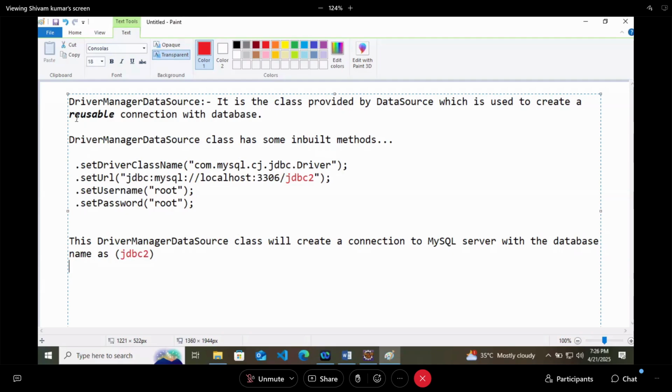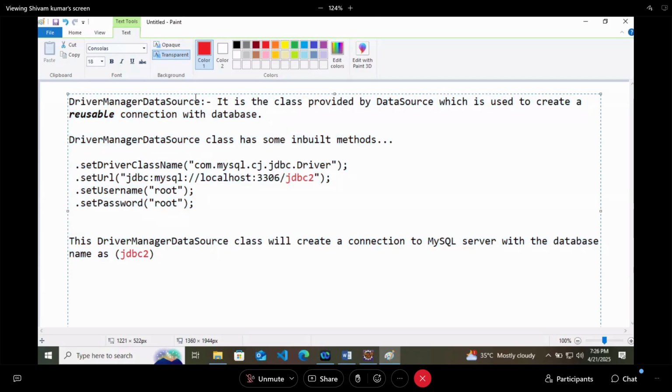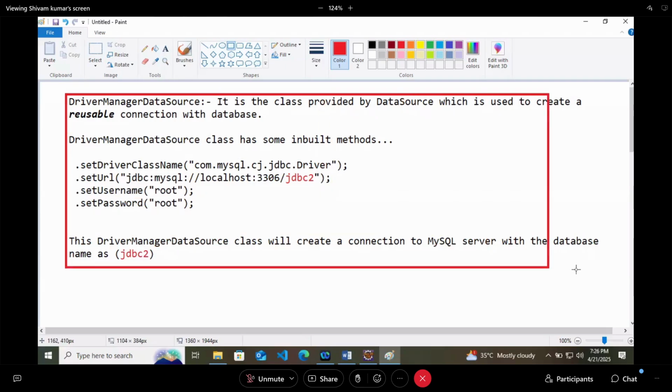So this DriverManagerDataSource will create a connection with the database. That's it. That is the use of this DriverManagerDataSource. And who is providing this class? The DataSource interface is implemented by this class actually, and everything is inbuilt here.